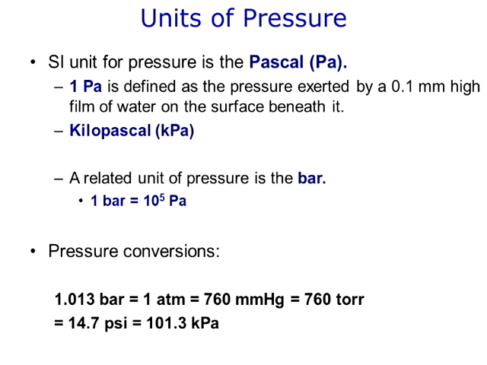1.013 bar equals 1 atmosphere equals 760 millimeters of mercury, which is our direct substitution for 760 torr and vice versa, which equals 14.7 psi equals 101.3 kilopascals. So these are some units to be aware of for conversion purposes. Note that the first part of this lecture is really exposing you to the units that we use and to the language. Once we get through this part, the rest of the lecture will really look at how problems will work using gas laws.